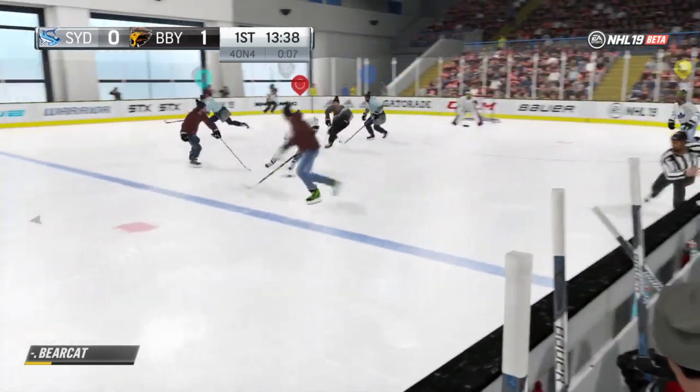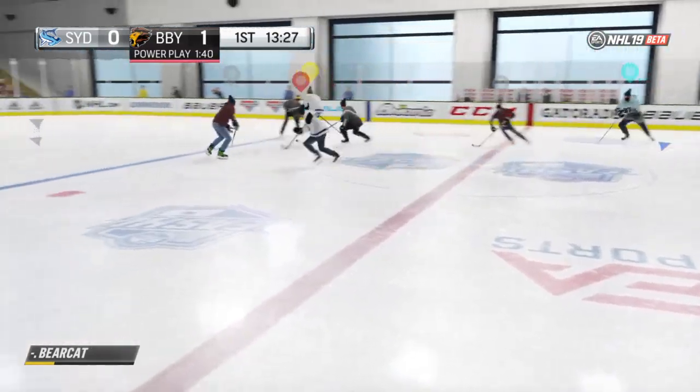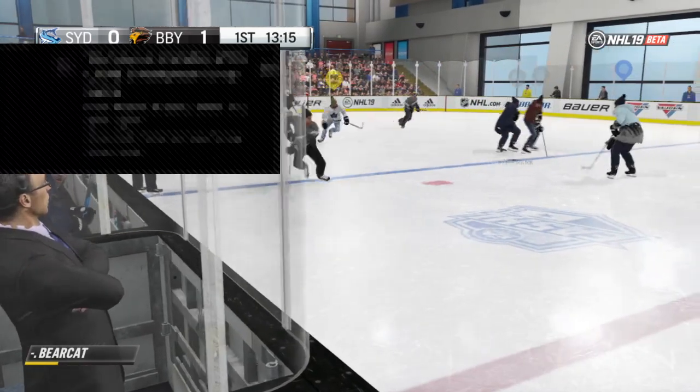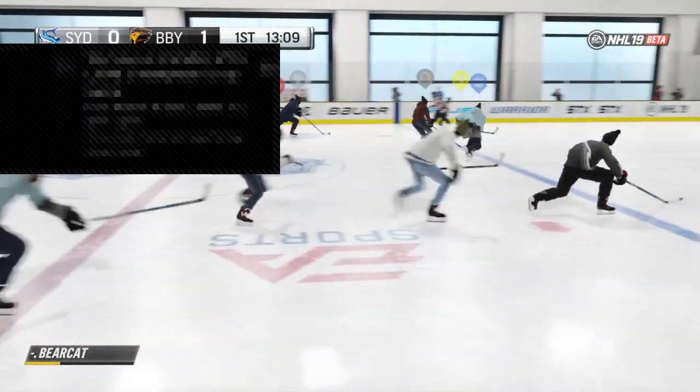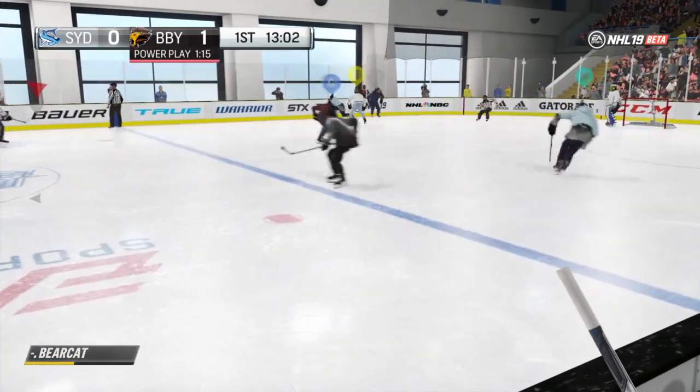The face-off's key because if you can win it, I feel bad for people who spam the poke check. Yeah, they're screwed, which is good though. You shouldn't be able to play like that with a poke check. Well, there's already a bug. Instead of going to the penalty box, you go to the bench. Don't know if they meant for that, but